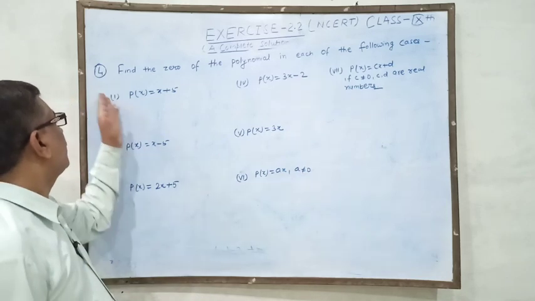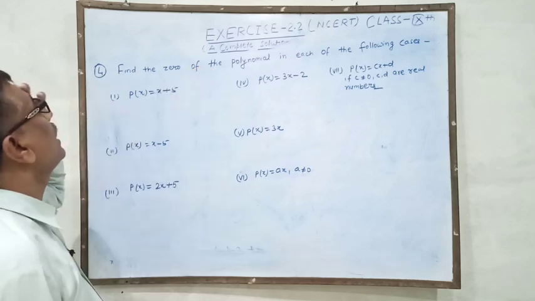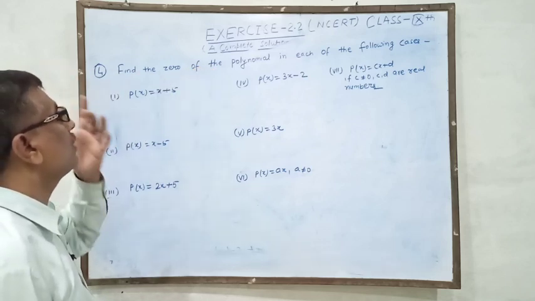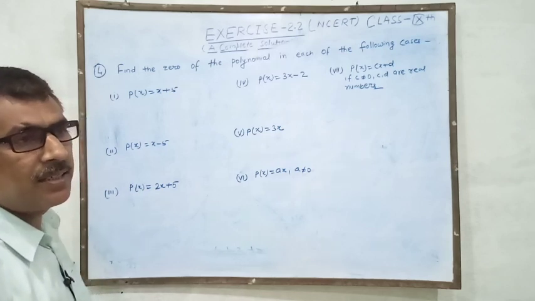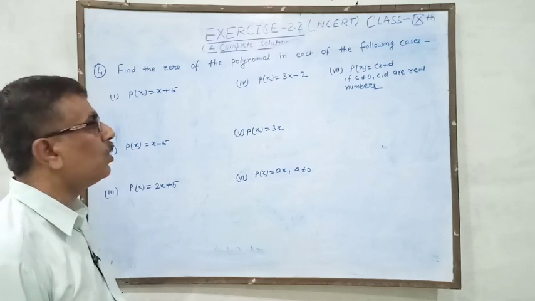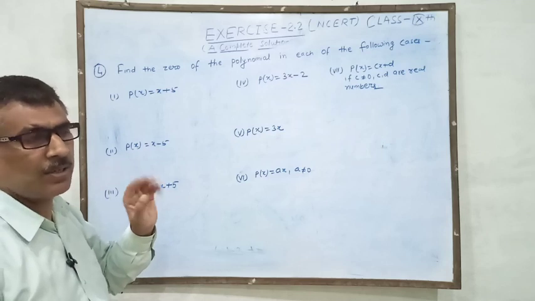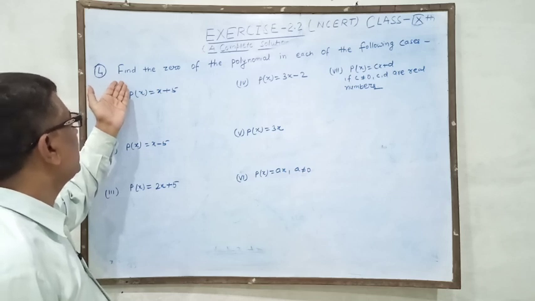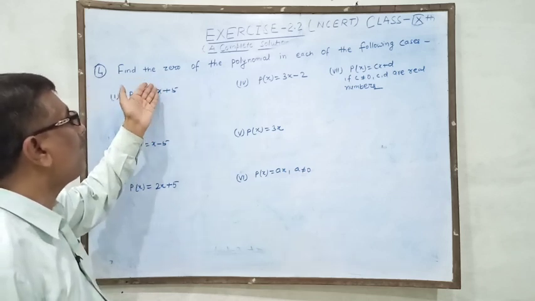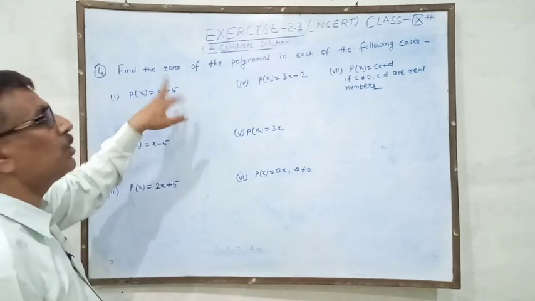So dear student, let me explain the solution of question number 4. From exercise 4, as we told you, in the very first question you may remember that you had to find the value of the polynomial. So you have found the value of polynomials, and in the second question you understood verification. But in the third question, what is given, you have seen here, find the 0. You have to find the 0 of the polynomial.